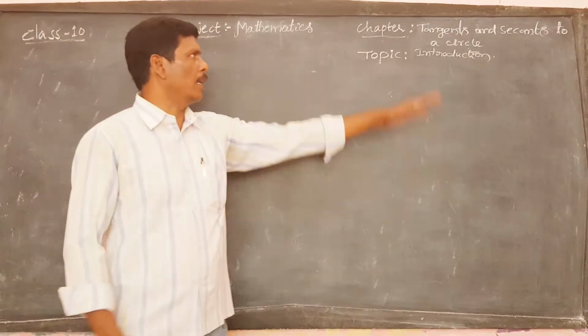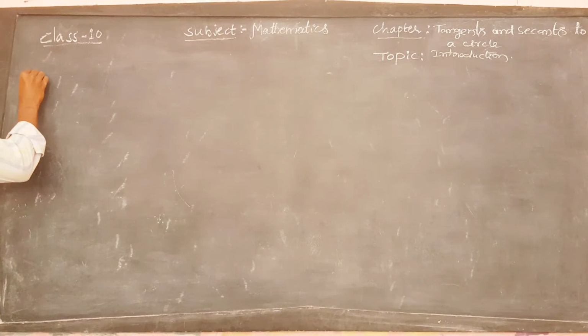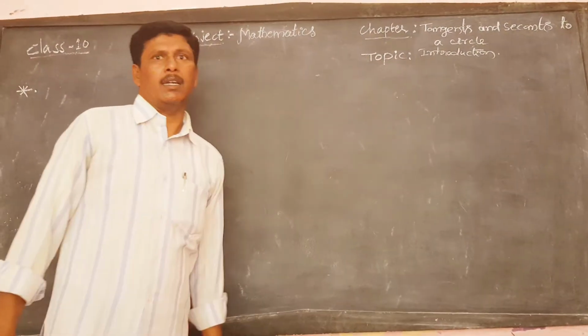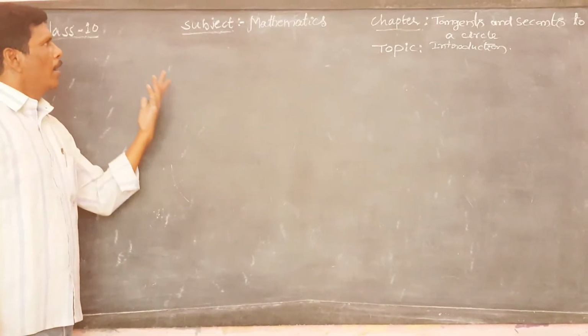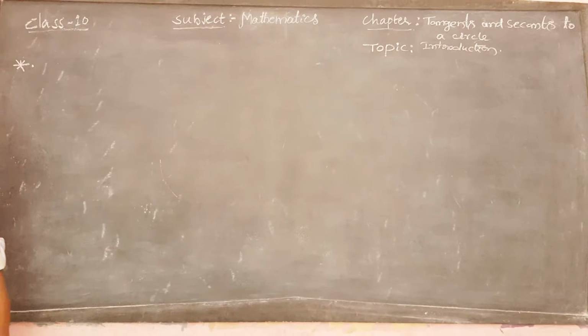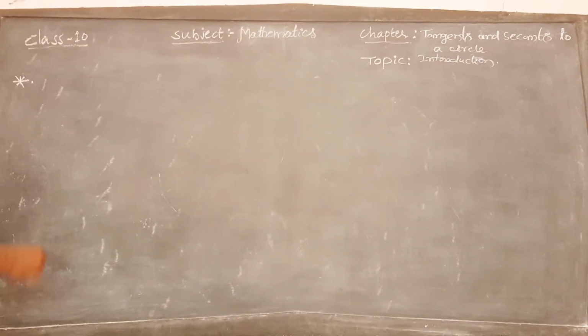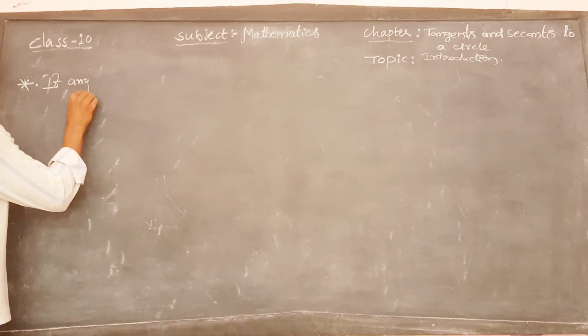Tangents to a circle. Tangents of a circle means if any circle is drawn and a line segment intersects the circle at 2 points, that line segment is called a tangent of the circle. Suppose the definition: